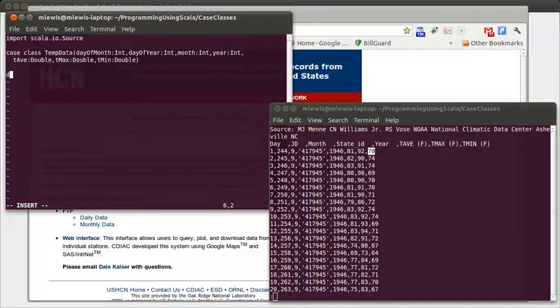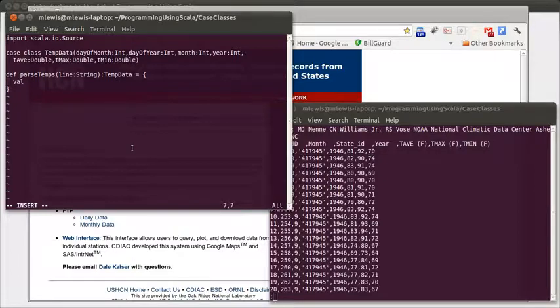Okay. As we did with the box score, it's nice to define a function. We'll call it parseTemps. And this takes a single line from the file in the form of a String, and it gives back a TempData. So we want to split, and as you can see here, these lines have single commas as delimiters. So we can say p equals line.split on a comma,